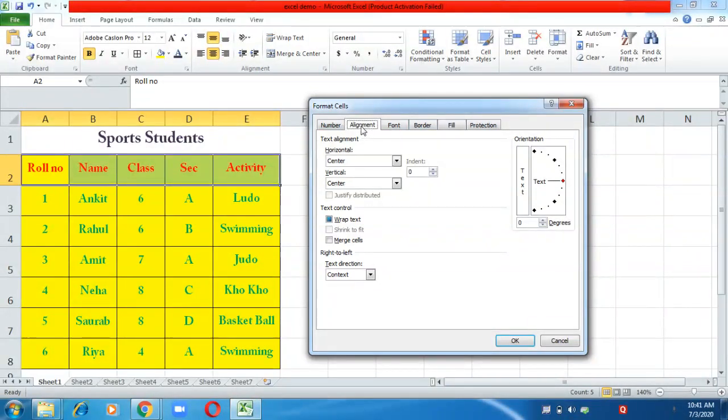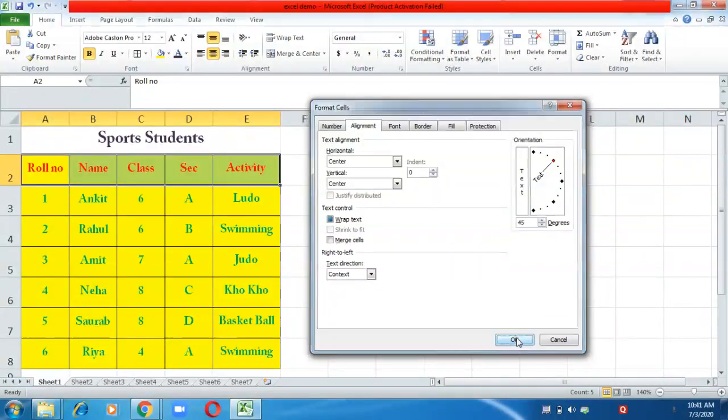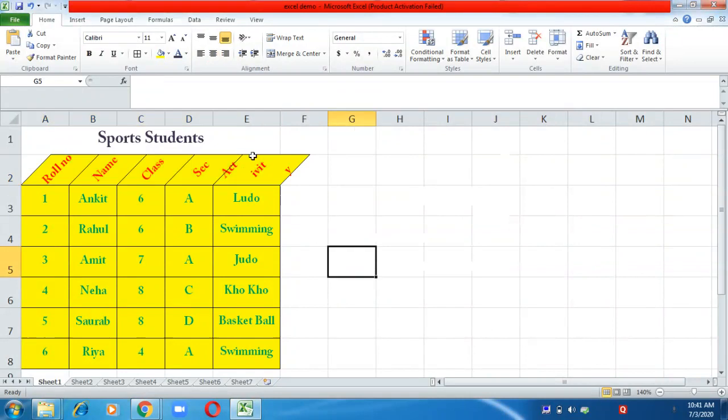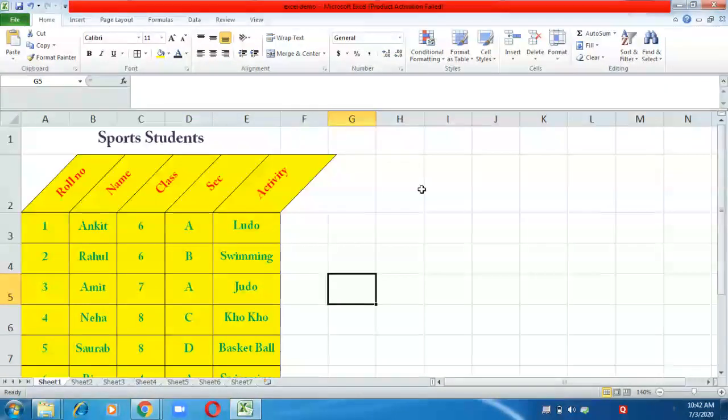Now you have to come to the alignment tab, and right now this orientation box is showing that your text is written like this. Now I want to change the appearance of the text, and I want to make it appear with a 45-degree angle like this. And then after doing this, click on the OK button, and you will be able to see your text like this. So this is how we have changed the alignment of the text.